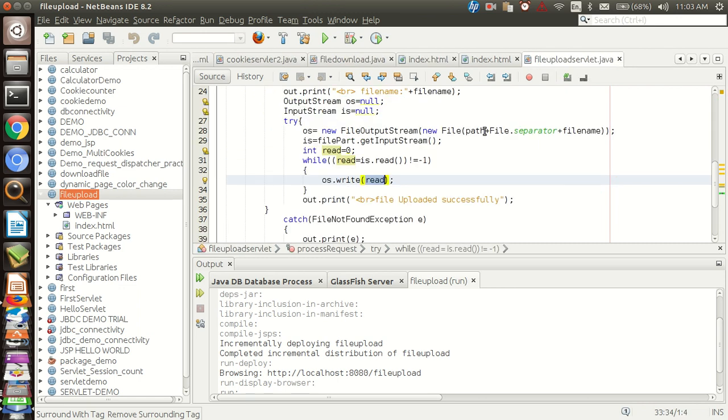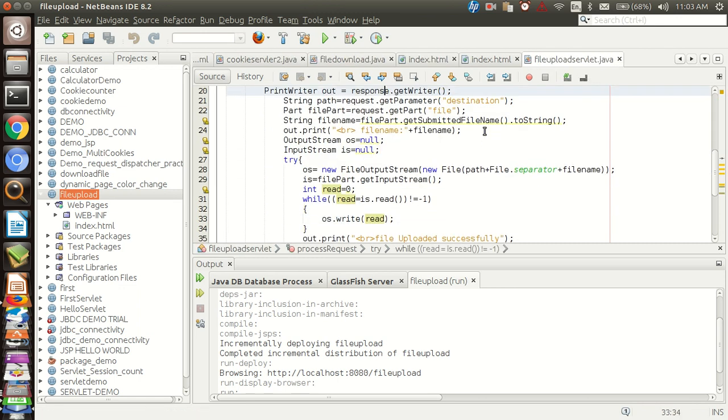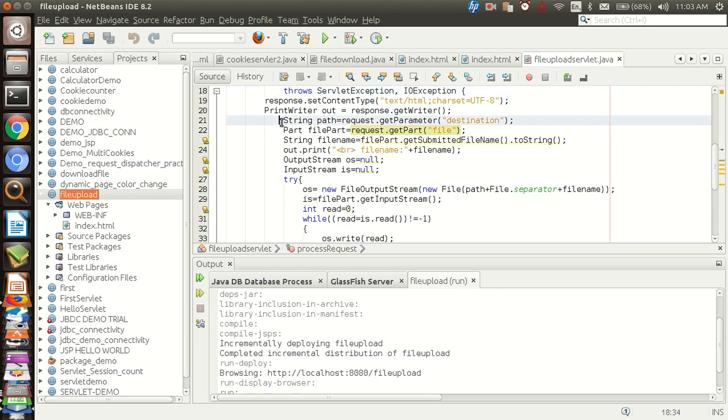So for this we require the file upload servlet file. So here, how do we get the file data, the particular file objects? We get them by using these three lines: file part, file name, getSubmittedFileName is the method which is used. Then input stream and output stream are initialized to null, because input stream is used for reading a file, and output stream is for writing a file. For this, the statements are checked.